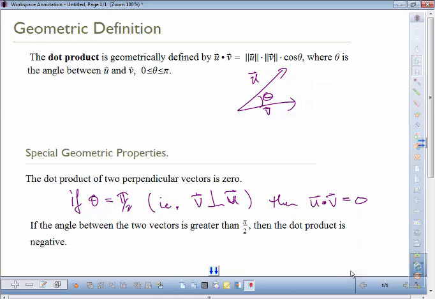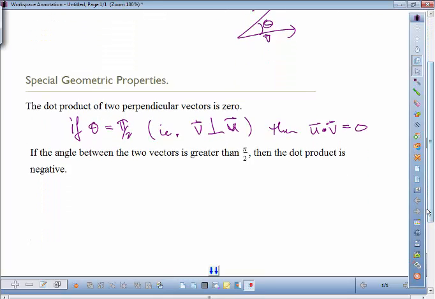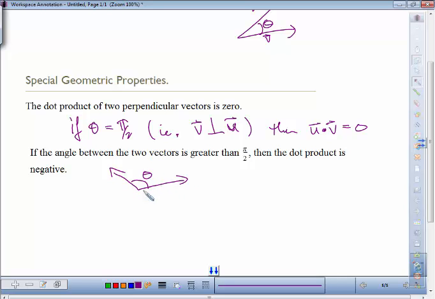What kind of angle is that? Is there a name for that? Obtuse. So if the angle is bigger than pi over 2, they call it obtuse,